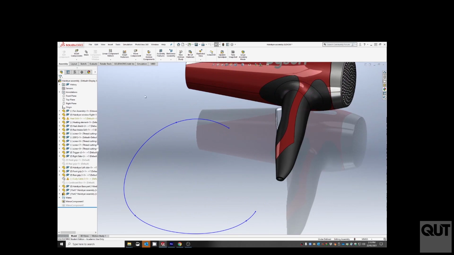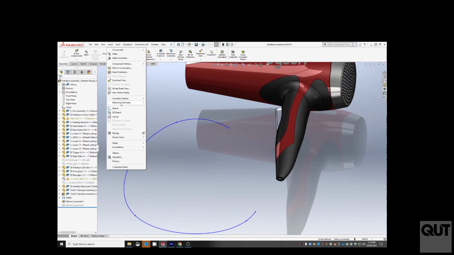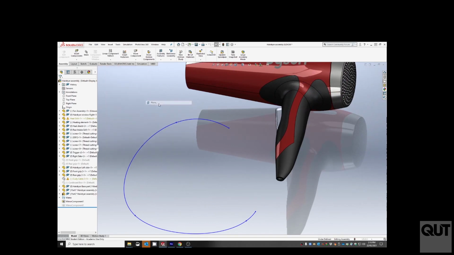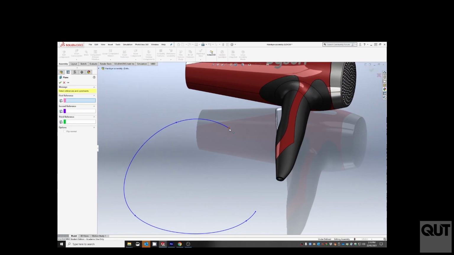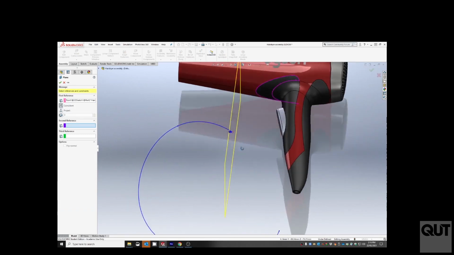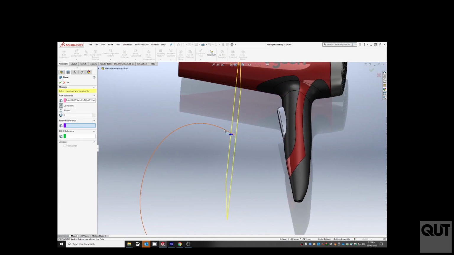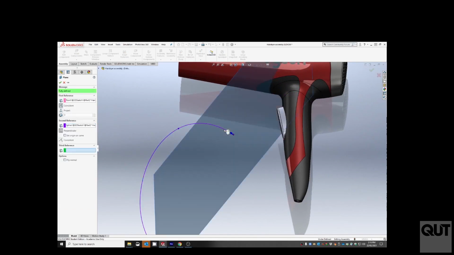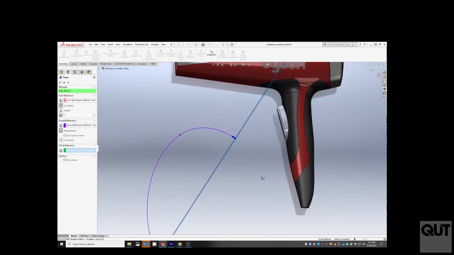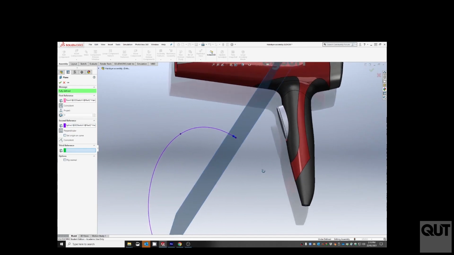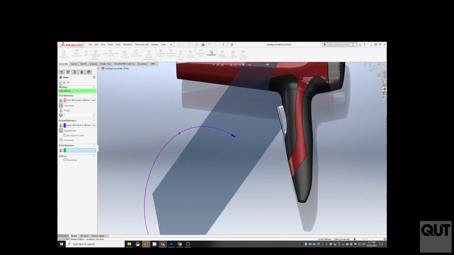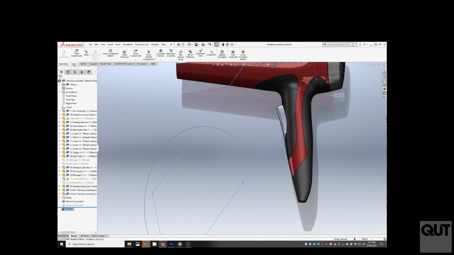So let me show you how to make a plane perpendicular to the end of the line. We go Insert, Reference Geometry, Plane. Now we can select the end of that line and it will just create a plane on that line. But if we select a second reference, the line itself, it will create a plane which is perpendicular to the end of that line, and that's exactly what we want. Now using that plane we're going to